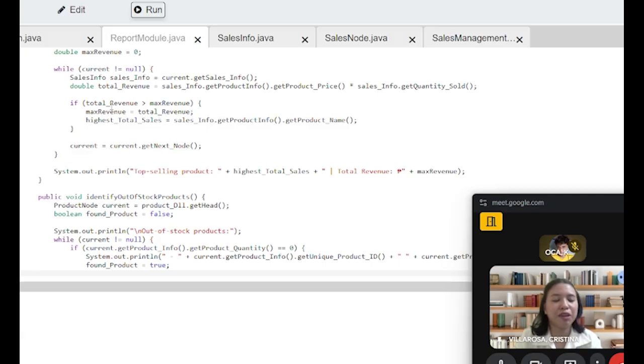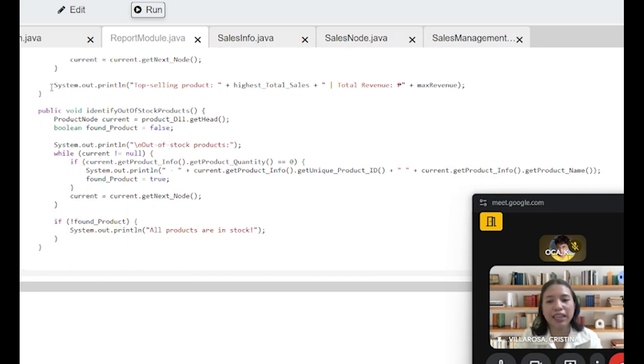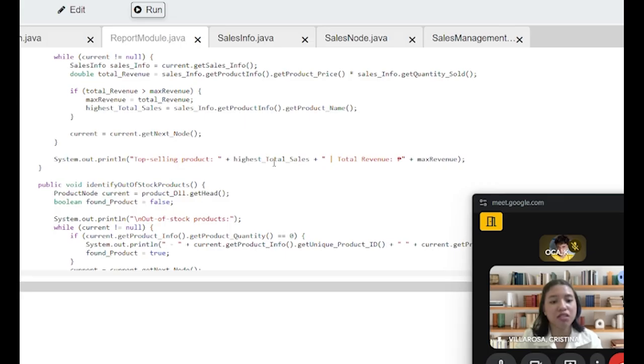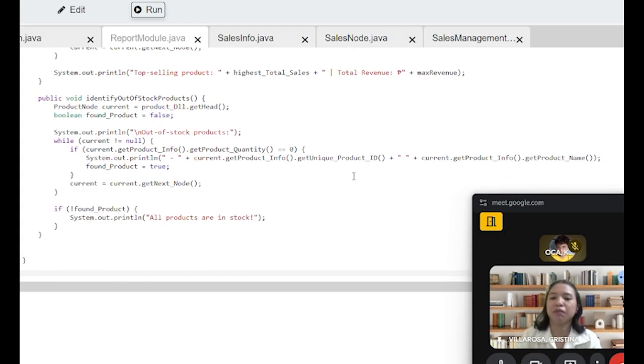After we get the maximum revenue, we will get the product that has the highest sales and the product name. And last, it will print the total selling product plus the total sales, which is the total revenue, the maximum revenue, or how much it costs.